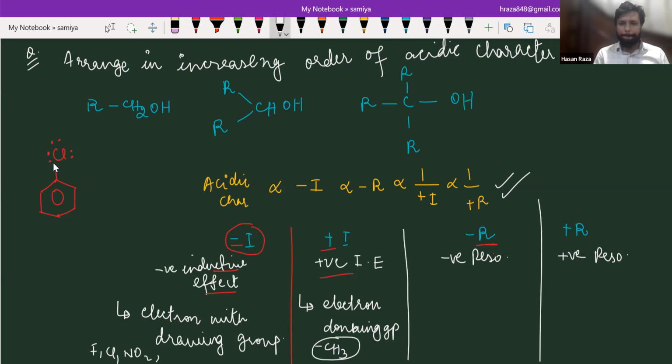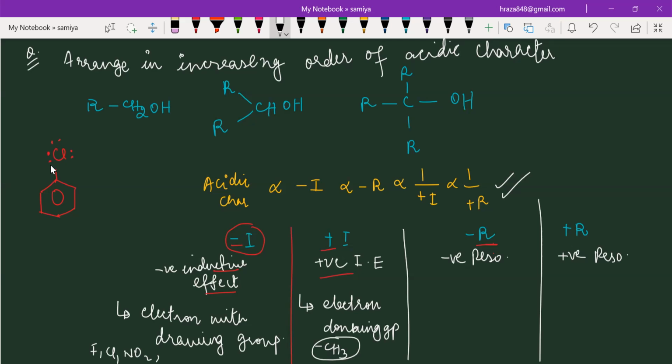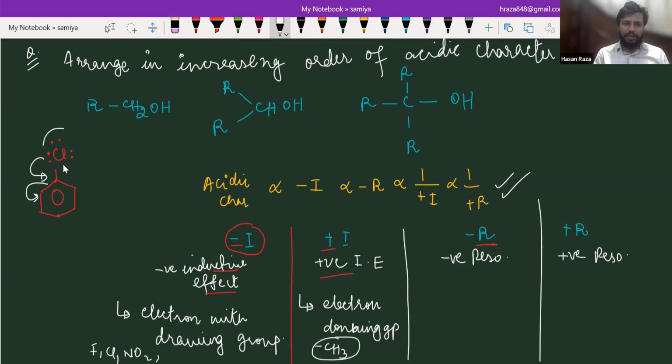Ayman, have you done the resonance of this? I think you have done this. Yes, sir, I have. So this chlorine was getting like this. So this will be acting as plus R and this will be acting as minus R. Are you getting my point? Whoever is giving electrons towards someone else, that will be plus R, and who is taking electrons, that is minus R. So basically, you can see if you are going to do the resonance of this NO2,